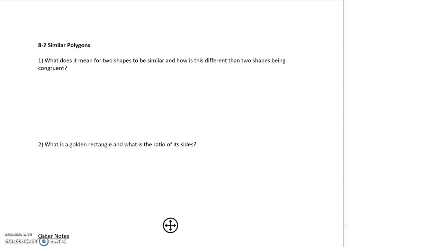For lesson 8-2, we're going to start applying our knowledge of proportions and ratios back to geometry. So there's going to be a lot of vocab to make sure you understand. So first of all, what does it mean for two shapes to be similar, and how is this different than two shapes being congruent? So little definition: similar,